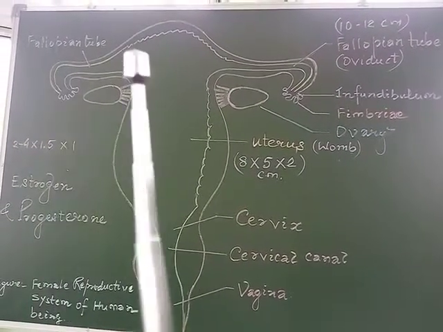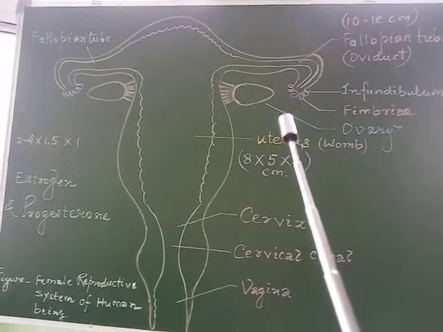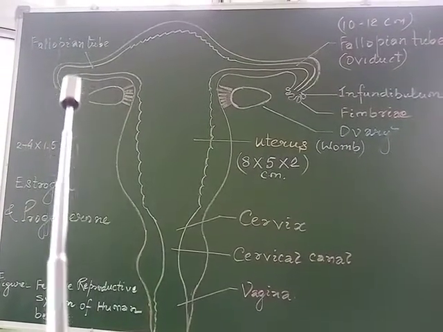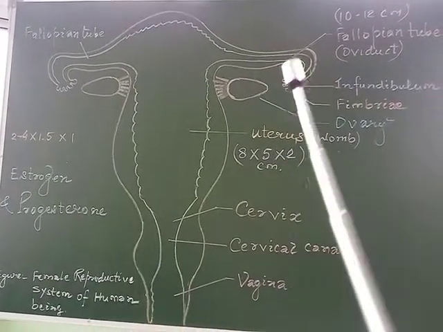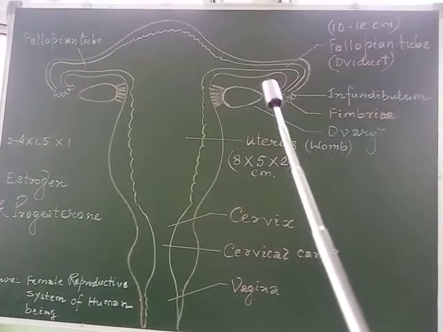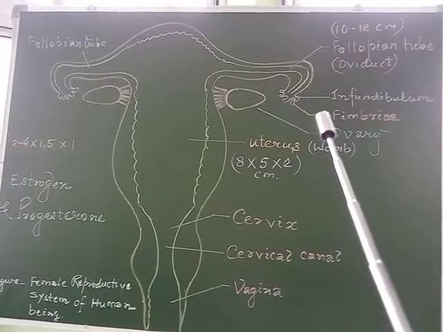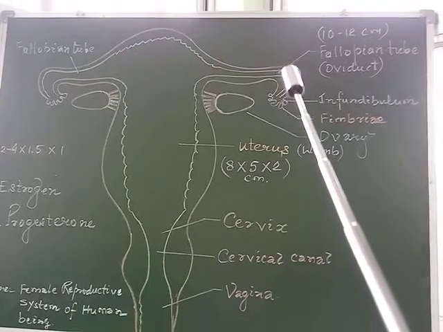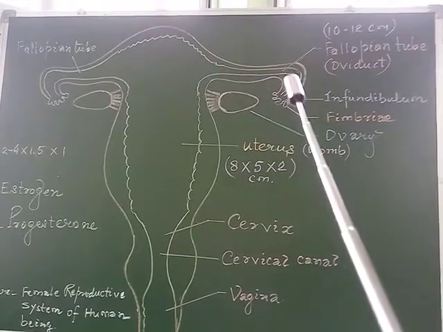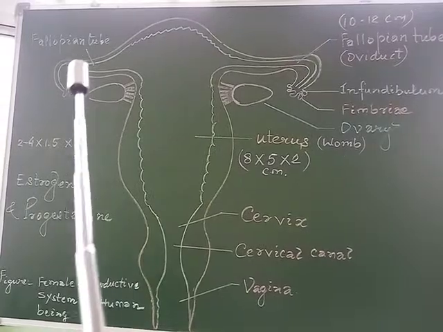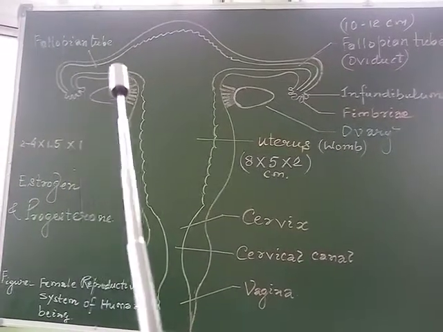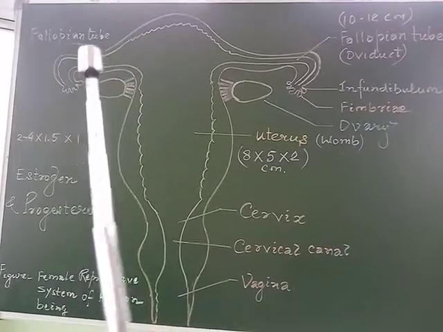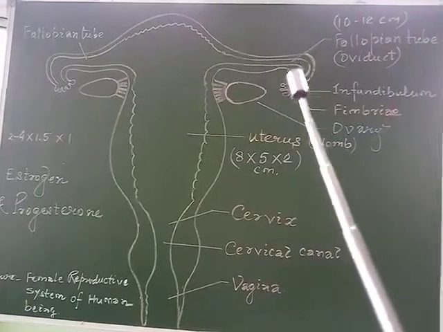Whereas the function of the fallopian tube, we may enlist that fallopian tubes convey the ovum from the ovary. From both ovaries, the fallopian tubes or oviducts convey the ovum released by the ovaries to the uterus, and fertilization of the ovum takes place in the upper part of the fallopian tube. Fertilization means the fusion of the male gamete with the female gamete, and it takes place within this structure called the fallopian tube or oviduct.